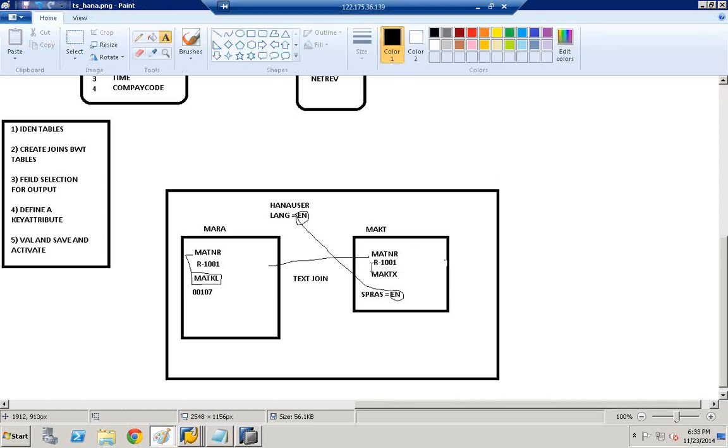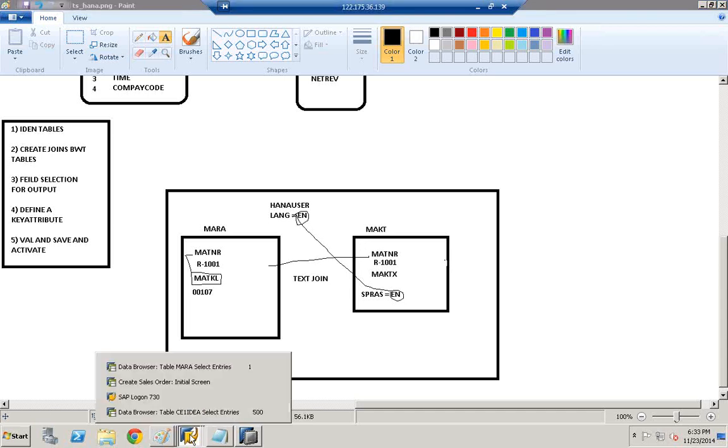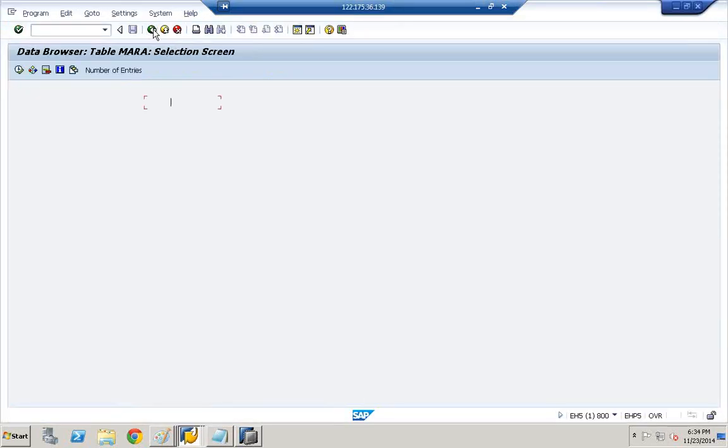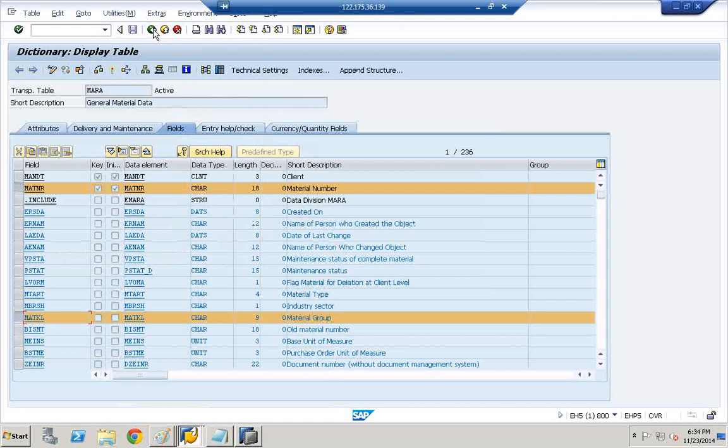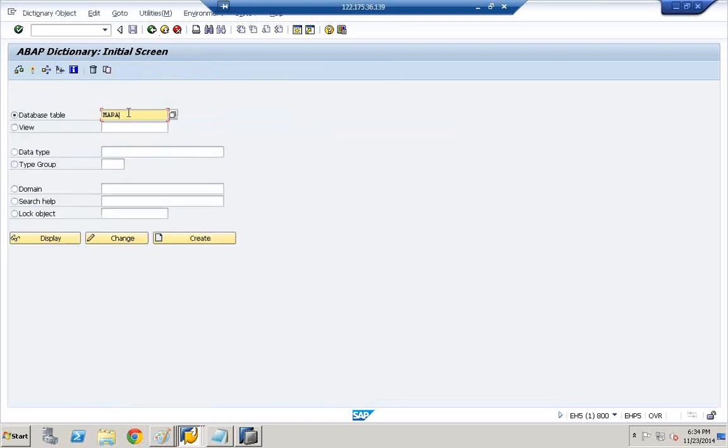And let us see what is R1001. What is the text for it at the MAKT? So let us go back, and at MAKT click display,